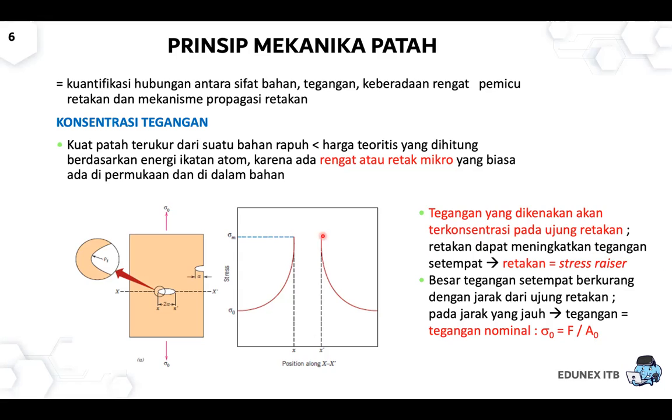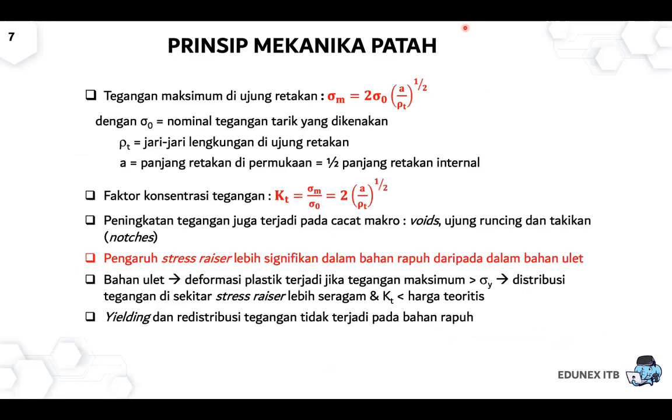So if you have a piece of metal with so many cracks, the stress at the tip of the crack will be higher. Why? Because stress equals F divided by A0. At the tip of the crack, A0 becomes small, and then the stress becomes higher. If we consider the maximum stress at the tip of the crack, tegangan maksimum pada ujung retakan,